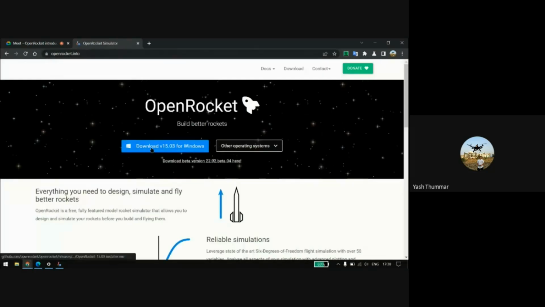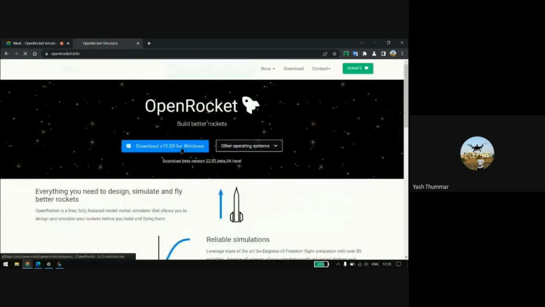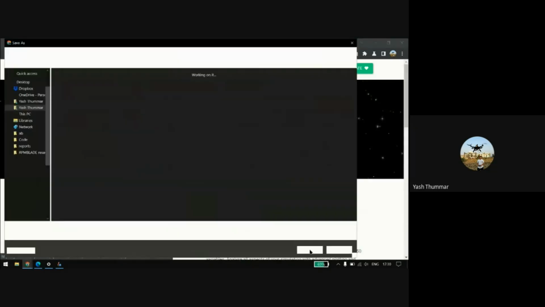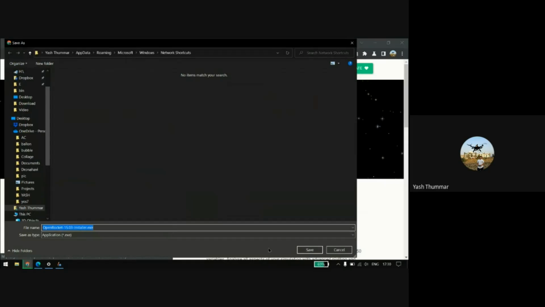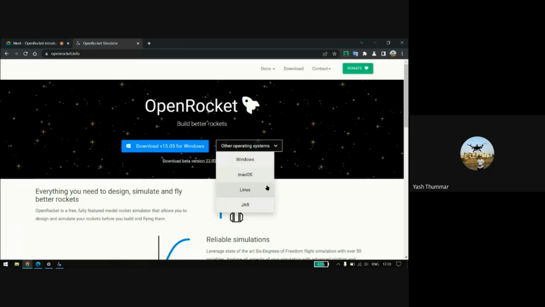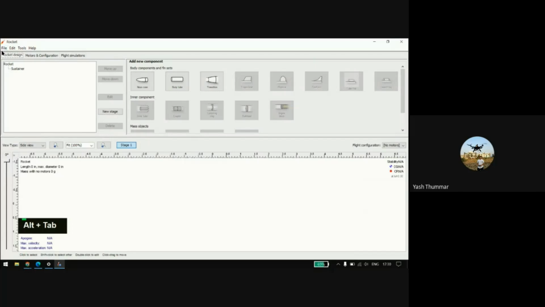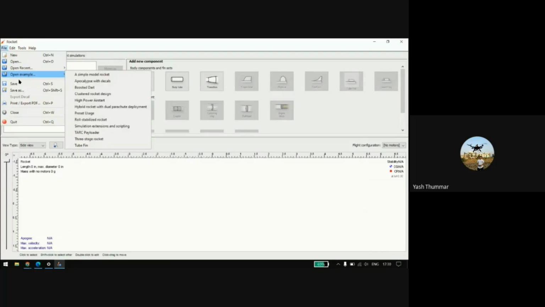You can directly download the version for Windows, and for other operating systems, Linux and Mac OS are also available. After download, there is an exe file for Windows, so you can install directly from there, and on other operating systems you may install as it is. After downloading, you have to go with this step, and now we continue.